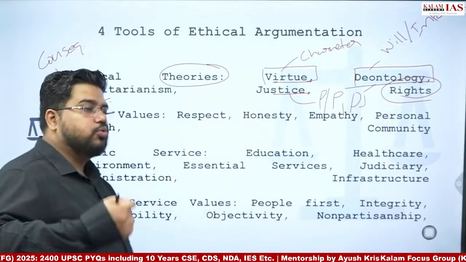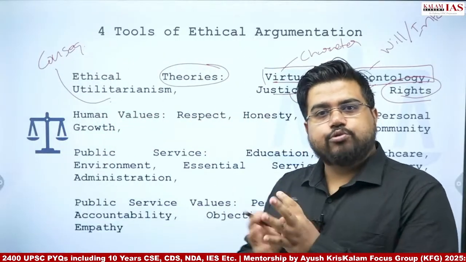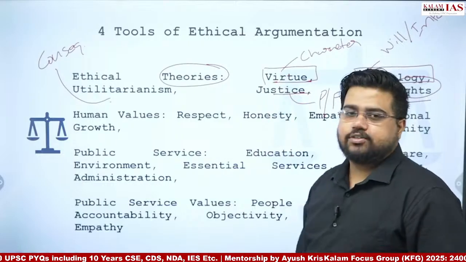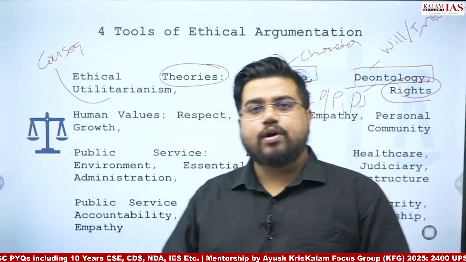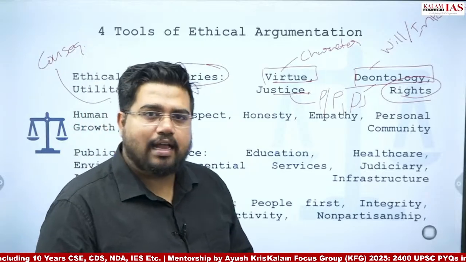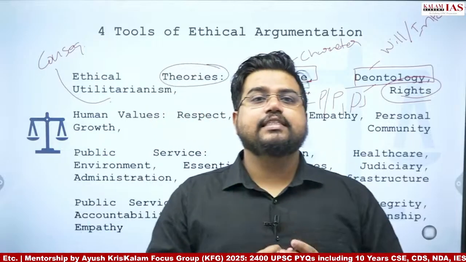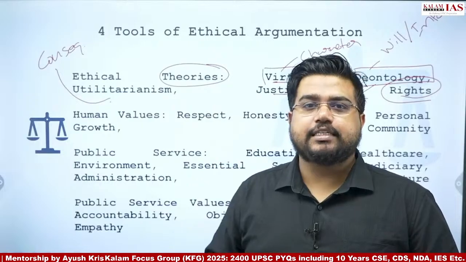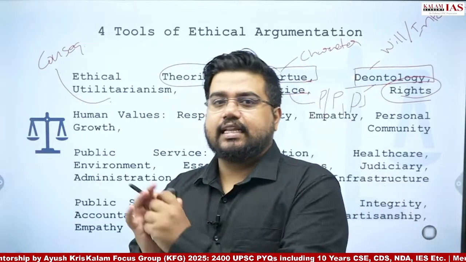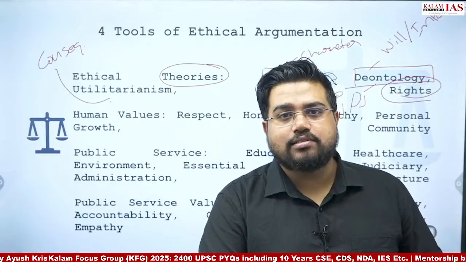When we have to consider the ethical dimensions of a particular act, what we have to think is: what is the take on the character of the individual, what is the intention behind this act, what are the consequences of this act, is this act just? These are the 5 ethical dimensions. Wherever you have to do ethical considerations or ethical analysis, these are the 5 dimensions you should think on.